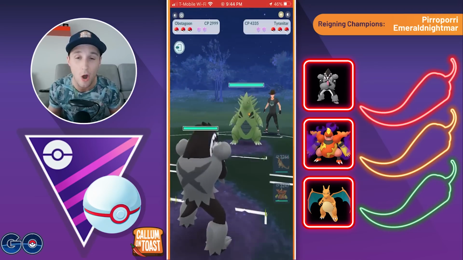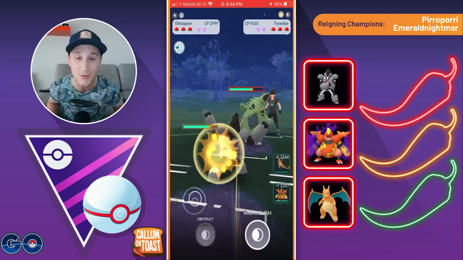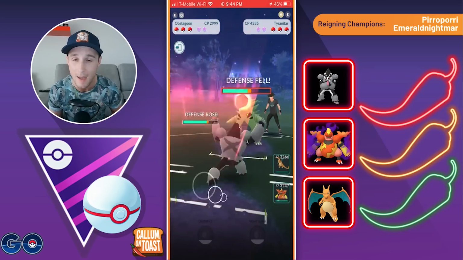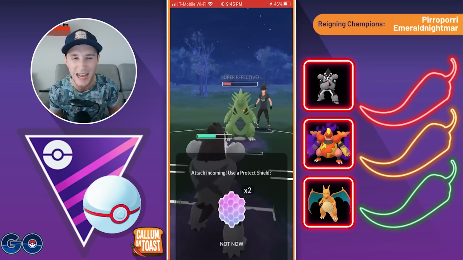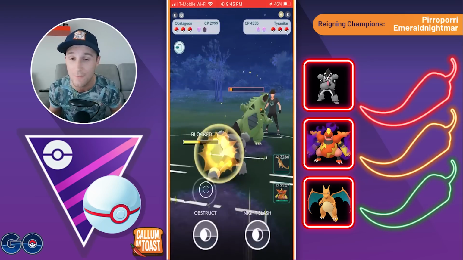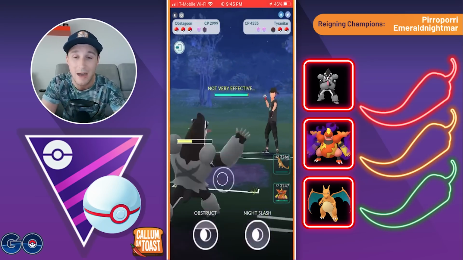Into next battle, we've got Obstagoon in the lead, and we're leading into a Tyranitar, so this is a great matchup. We're going to go for an Obstruct straight away, buffing our defense, lowering theirs, and look at that counter damage. That is seriously adding up. We're going to shield a Crunch, which is unfortunate, but we do get a massive farm down,